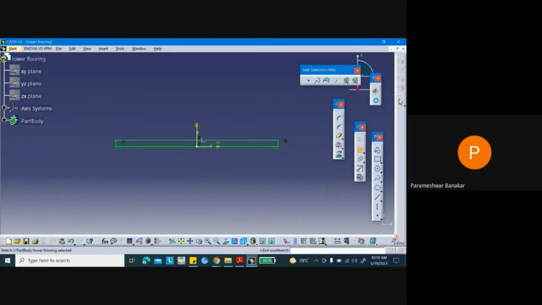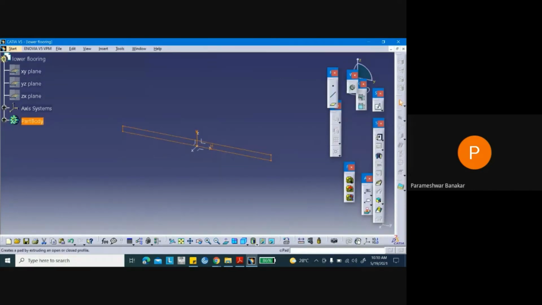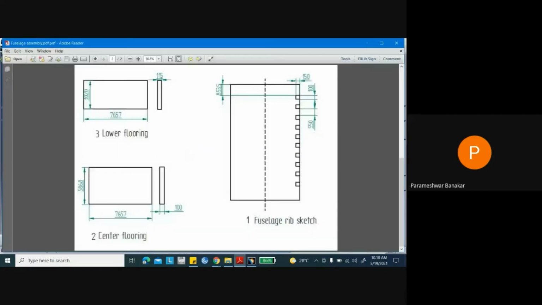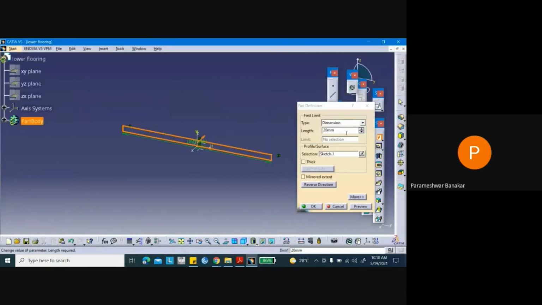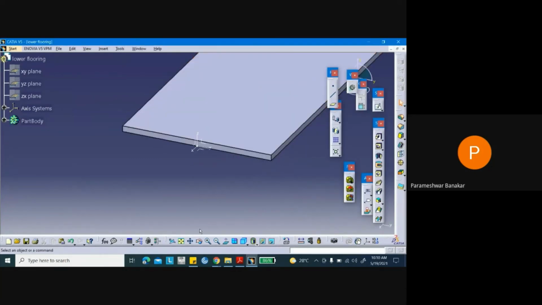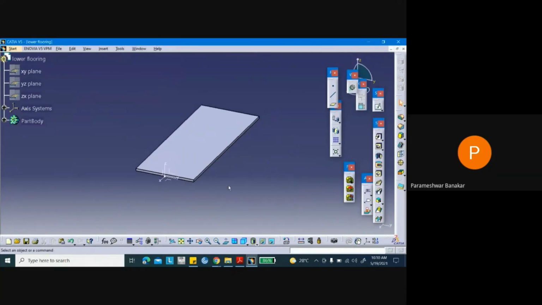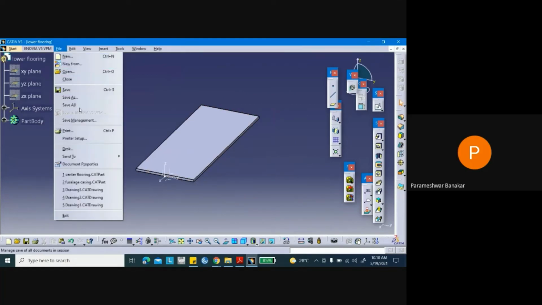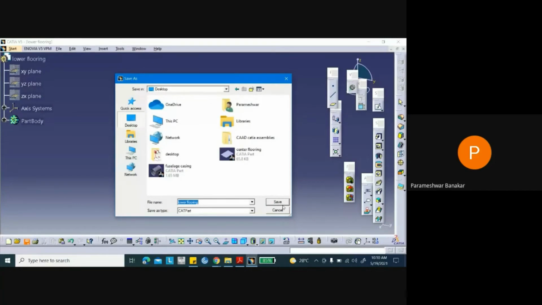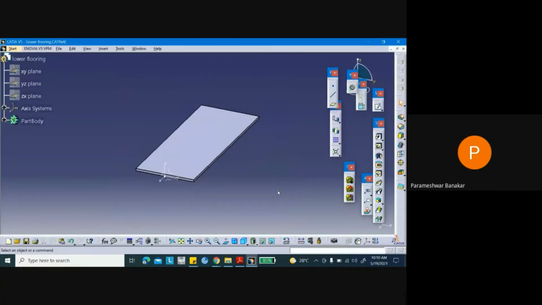And exit from Workbench. Pad it in the reverse direction. The same dimension 7657. So I'll give the dimension 7657. Okay. So same way, come here, save file as lower flooring, desktop. I'm saving this. So this is done.